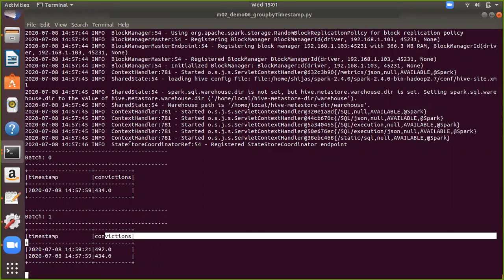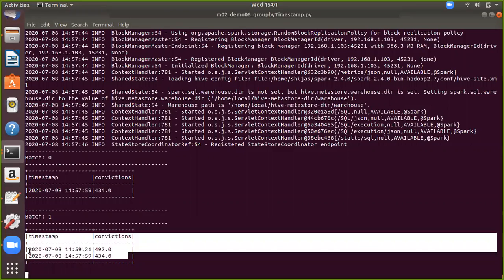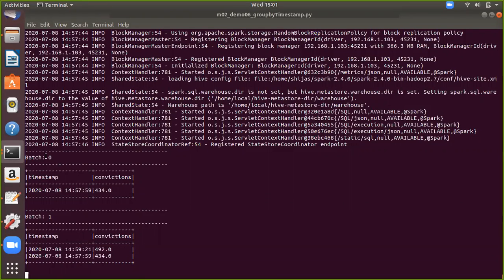As we push files, each record will get added to it, and we will have the aggregated output. So next time, not only the aggregation of a new record, additionally this will also be printed on the console. So this is what grouping at the timestamp level and printing the data is. I hope you got this idea of how these things are working.